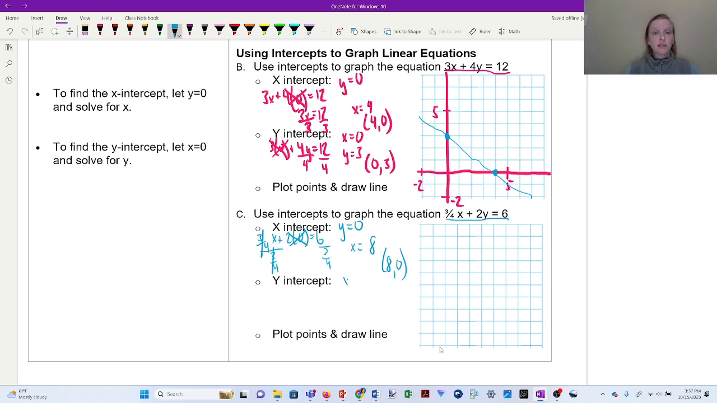For the y-intercept, that's when x equals 0. So I plug 0 in for x. 3/4 times 0 plus 2y equals 6. This component of the equation disappears because adding 0 to 2y does nothing to the 2y. Divide both sides by 2 to get y all by itself, and I get y equals 3. And now I have an x value of 0 and a y value of 3,